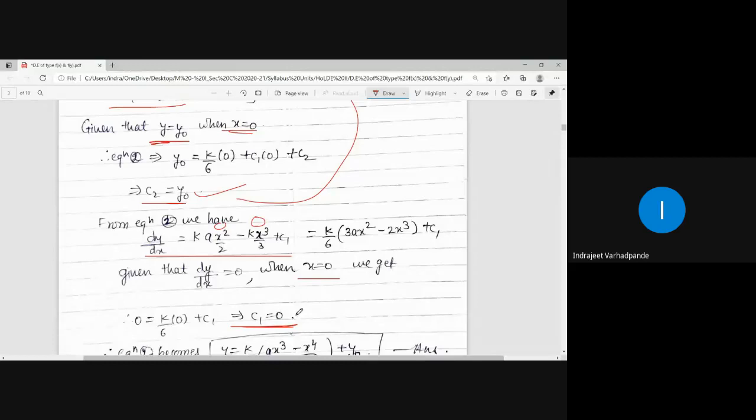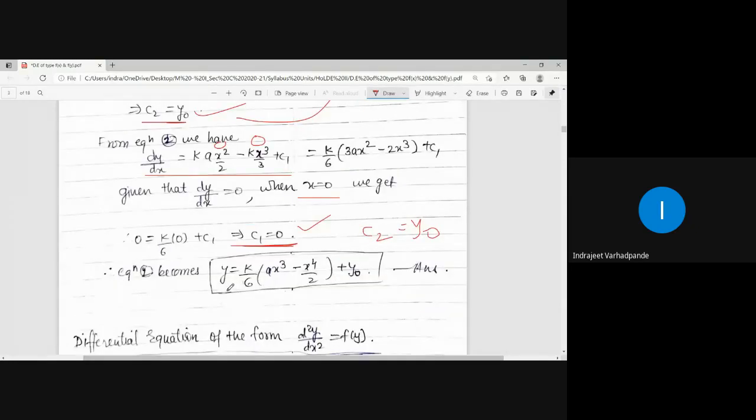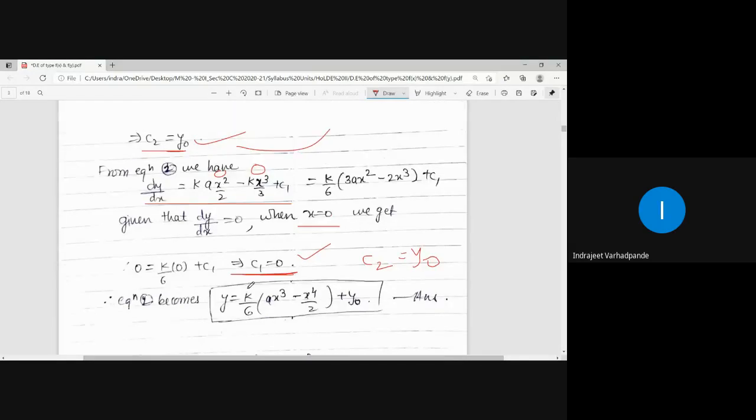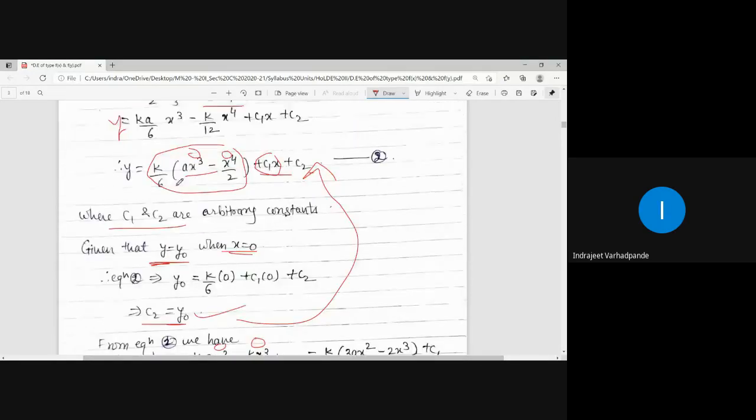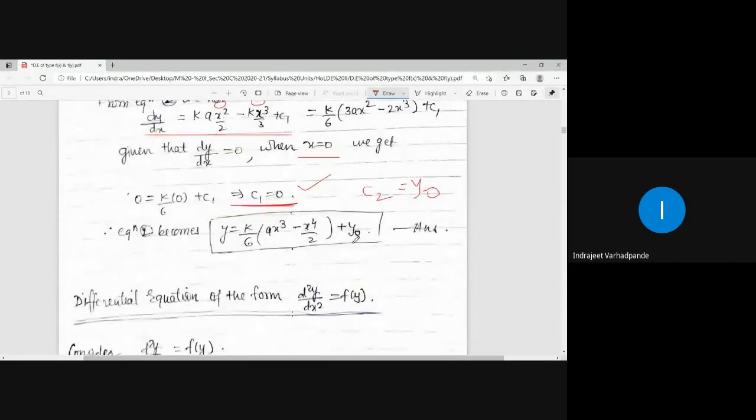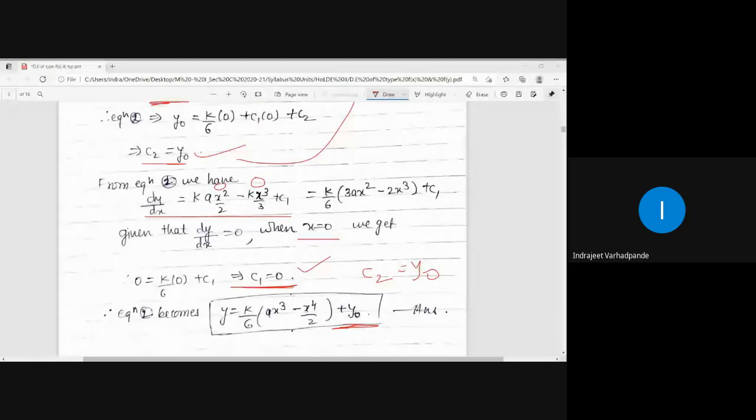So what are the values of arbitrary constants we got? c1 is equal to 0 and c2 is equal to y0. Put them in the given solution. y is equal to k by 6 ax cube, as done here also. c1 is 0 and c2 is written as y0. So in this way we try to find out the